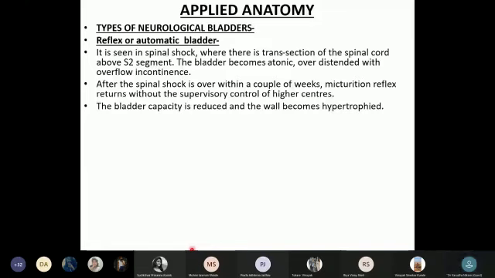What happens? This is called spinal shock. Now, what happens in spinal shock? There is a division of the spinal cord. It is called a transection of the spinal cord. This is above the S2 segment. So definitely, sympathetic innervation will